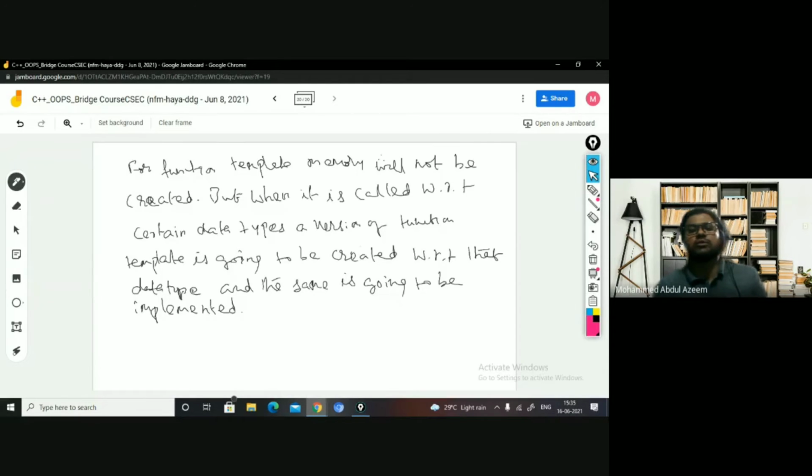And the same is going to be implemented. Similarly, it can be called for any number of data types.